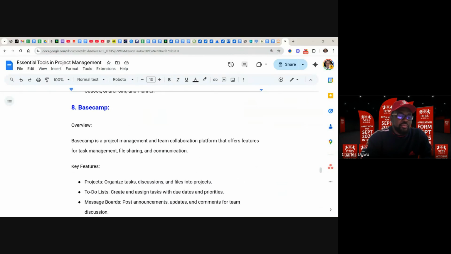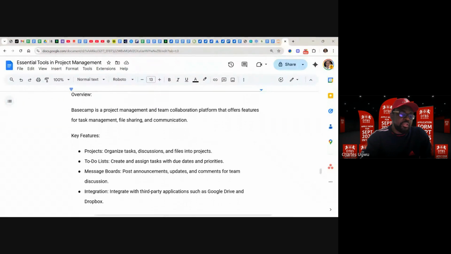We have Basecamp. Basecamp is another collaborative tool. It's very simple. I've used Basecamp for a long time. Then I stopped using Basecamp and started using FreeCamp for my teaching and organizing students' projects. Basecamp is a project management and team collaboration platform that offers features for task management, file sharing, and communication. Key features: